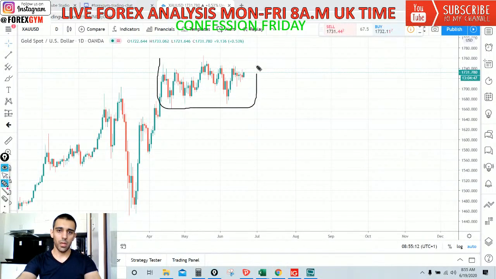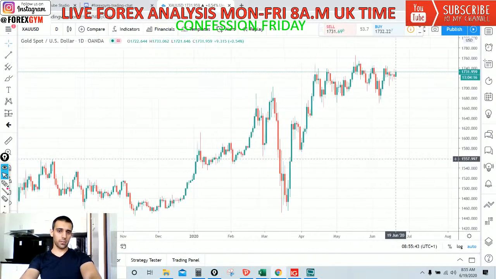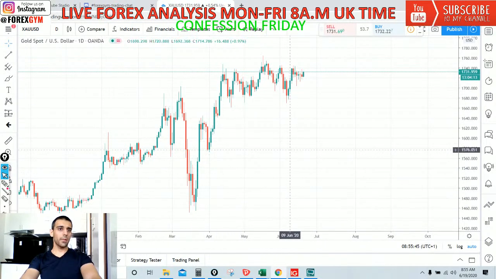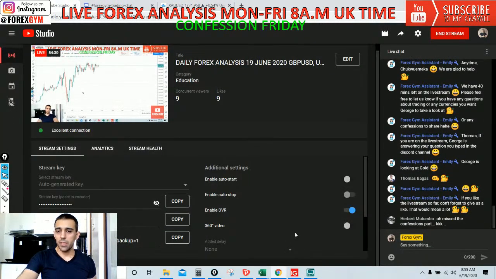It's been in a range for quite a long time. Look at the daily time frame, since mid-April it's just going all over the place. Ideally it will go down, to be honest, because that's where I would be looking to actually buy and hold. The gold is generally good to hold for a longer time, so this is more like a swing. I do like to trade the gold on a swing basis rather than day trades.